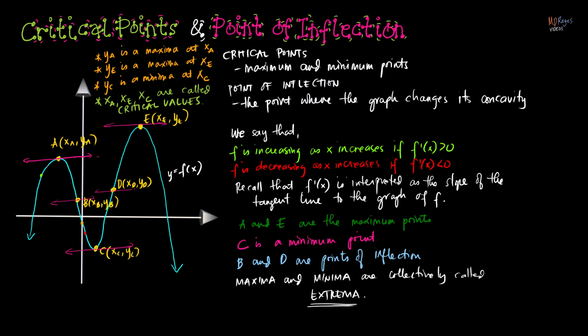Since the critical values might be the x-coordinates of the maximum and minimum points of the graph of the function, and at the maximum and minimum points of the graph, f prime of x is equal to 0. So to find the critical values, we simply find the first derivative of the function and then equate the first derivative to 0. And then from there, we can obtain an equation and you can solve for x from that